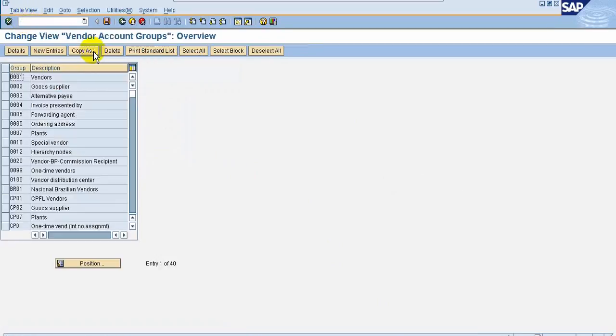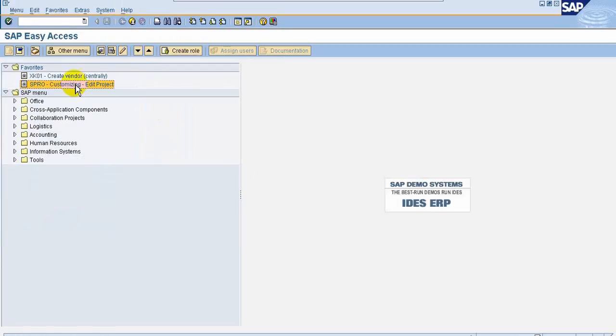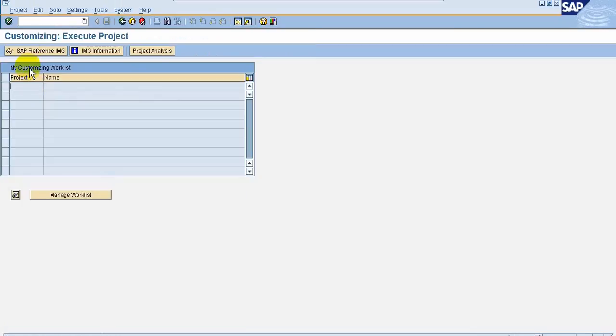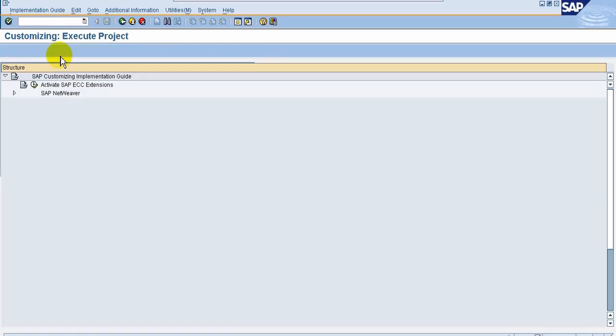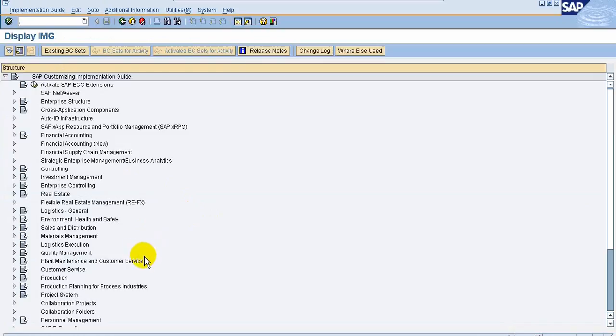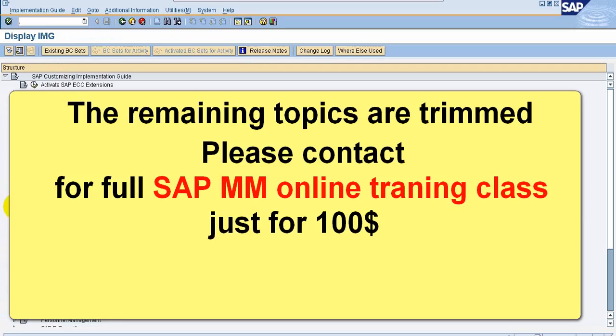Directly we go to vendor account groups. Otherwise we can follow SPRO, SAP Reference IMG, that is IMG, the implementation menu guide. So in this logistics general, here